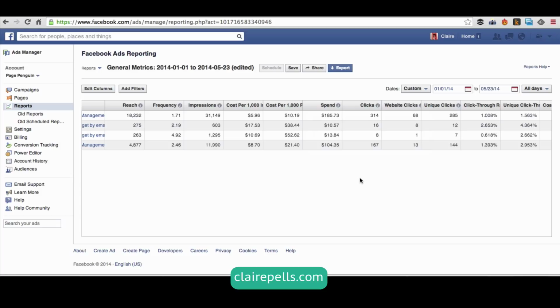So if you've got a lot of clicks but not very many website clicks, the problem is probably in your ad copy, meaning the text, or in the image, and you want to take a look at how you can improve that and make the copy clearer for your audience, let them know exactly what they're going to get if they click on your ad, and make the image relevant and appealing,